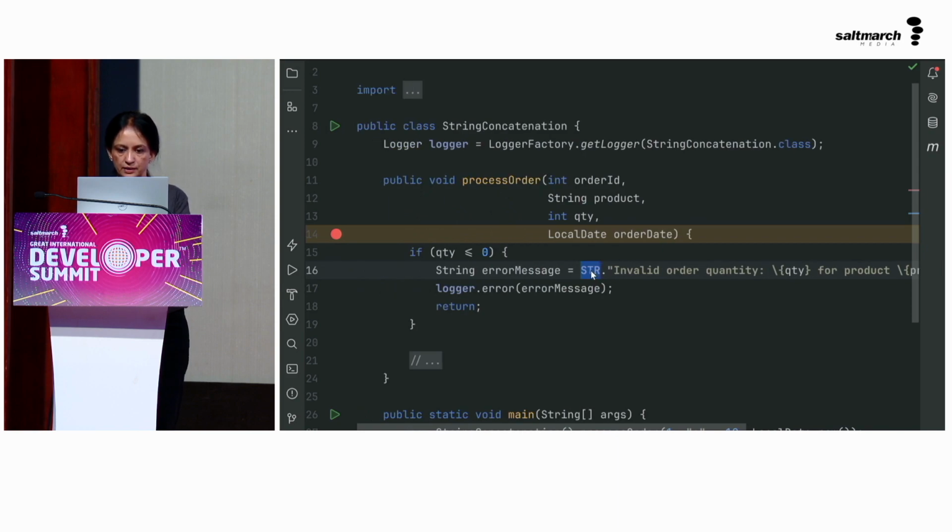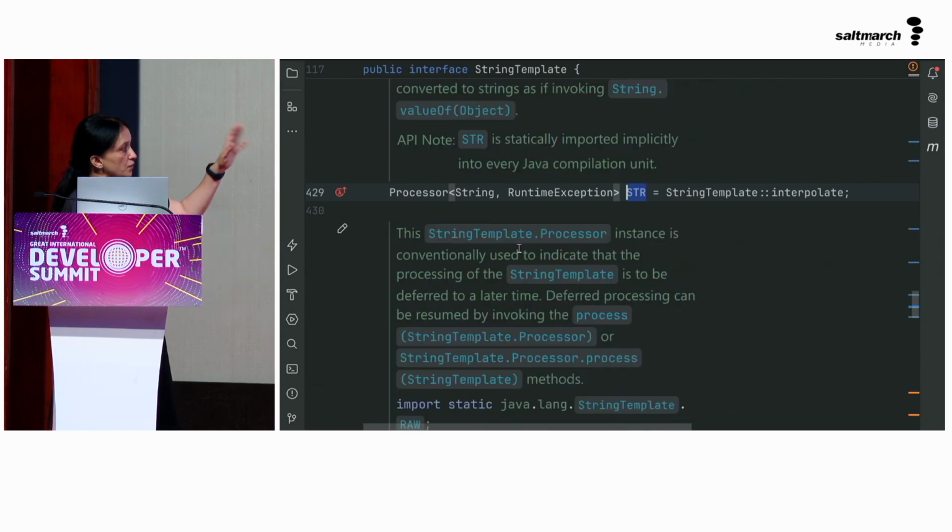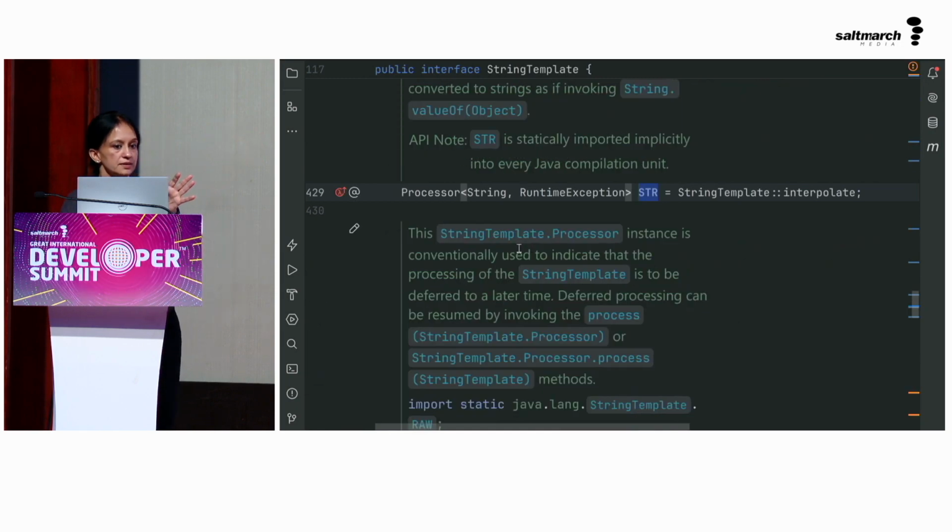If I click on this one, I can view what STR is and where it is defined. You can see that it's defined within the interface StringTemplate, and its type is Processor. And of course, you can take a lot of details, but the two things that I want you to focus on is